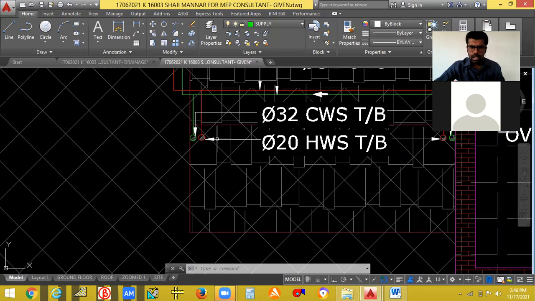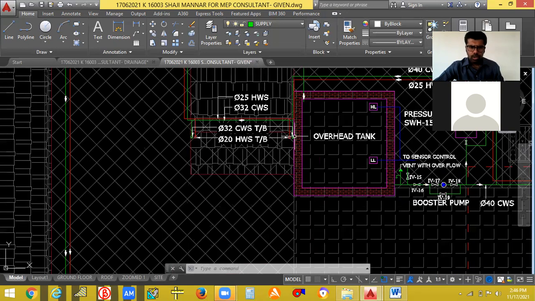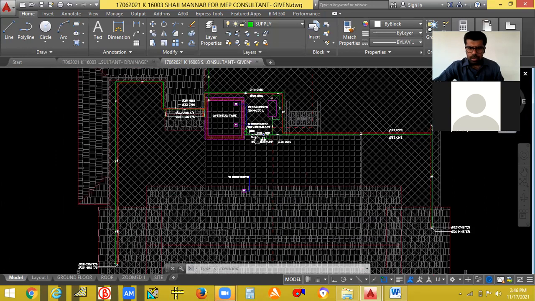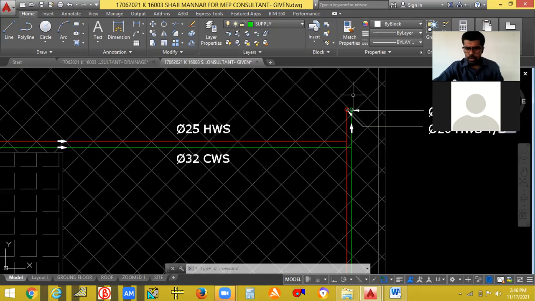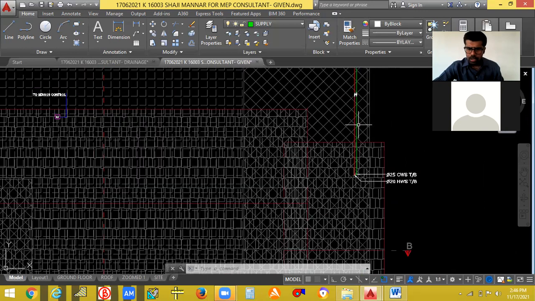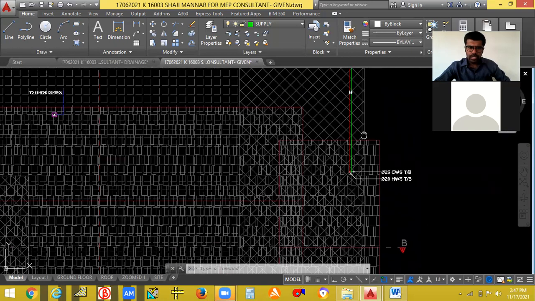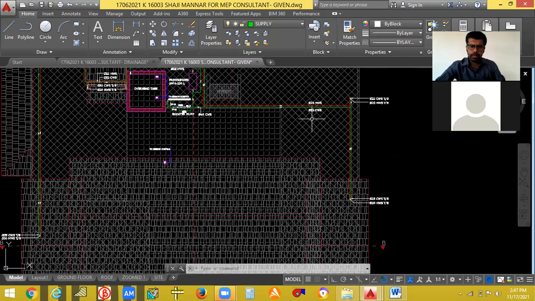One duct here, another duct here. Okay. 1, 2, 3. Now there is the 4th one. 4th one is this one. 5th one is this one. So this is going just down to the duct only. Okay. So 5 areas you are trying to give the pipe supply.